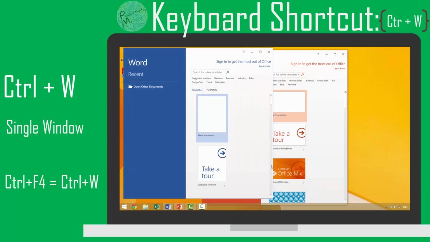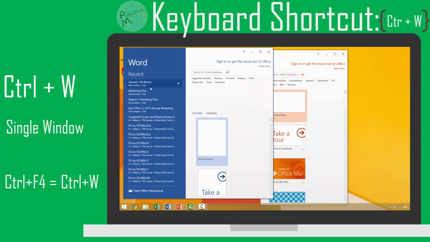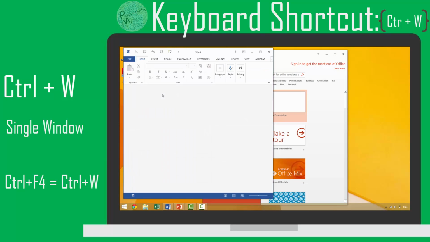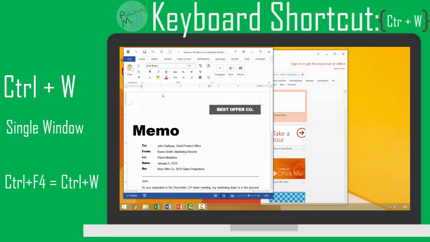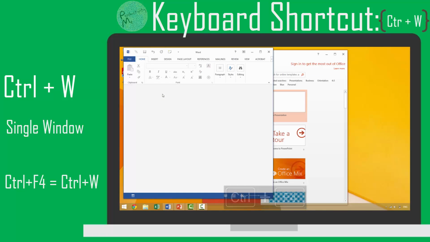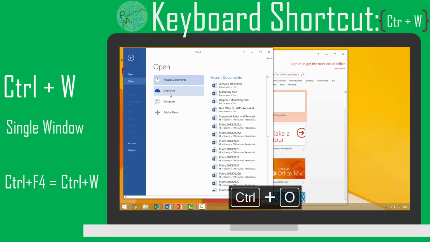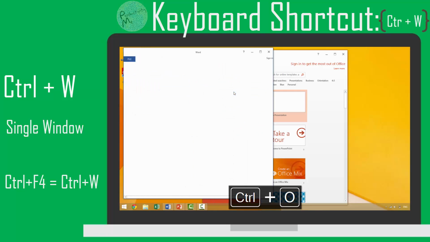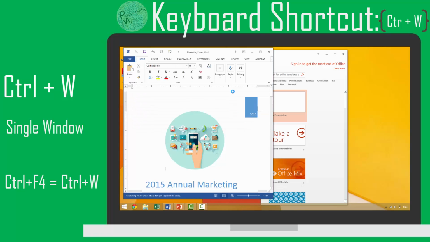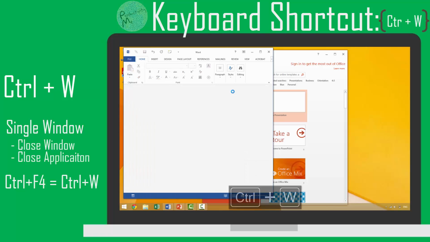If, on the other hand, you wanted to close your Word document but leave the Microsoft application running, you might then use the keyboard shortcut Ctrl F4. As an alternative to using Ctrl F4, you could instead use the keyboard shortcut Ctrl W. Selecting a window, such as your marketing plan, and then using Ctrl W will close the marketing plan but not